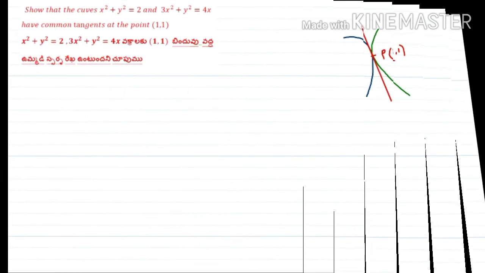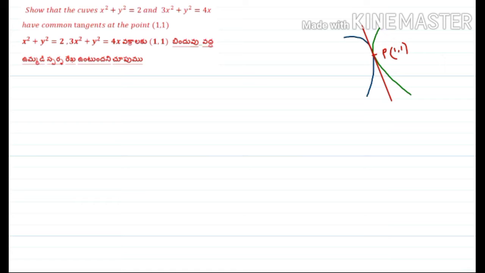Okay, next, see this question. Show that the curves x square plus y square is equal to 2 and 3x square plus y square is equal to 4x have common tangents at the point (1, 1). So this is the rough diagram. Here this is the first curve and this is the second curve. At this particular point, this curve and this curve have the same common tangent, meaning if we prove m1 is equal to m2,